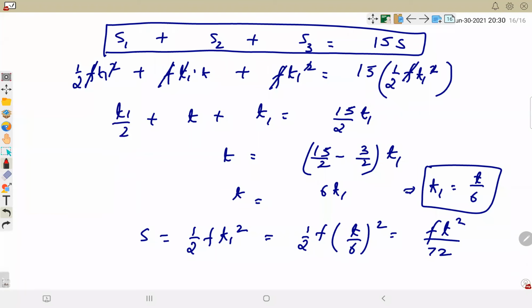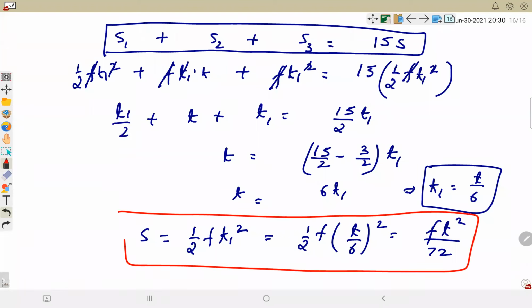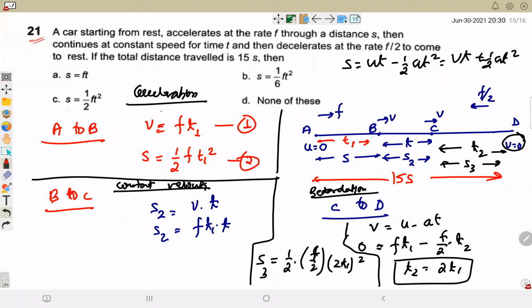Now this is an exam question, a JEE question. How to attempt it in the exam depends upon your practice. So it is better to take it separately, step by step. First we take the accelerated motion from A to B, where there is an acceleration and the total distance covered S1 is given as S in the question itself. Second, we move to the constant velocity: velocity from B to C remains the same. Then from C to D there is a retardation, and the retardation is exactly half of the acceleration. Right?